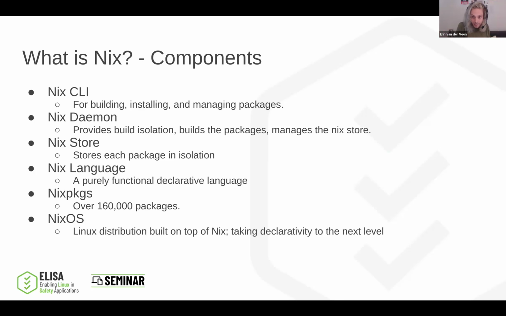The Nix CLI talks to the Nix daemon, which is running on your system under root, and those two communicate with each other. So when you want to build a package in the CLI, it will talk to the Nix daemon. The Nix daemon will actually do the building, and the Nix daemon also manages the Nix store. The Nix store is a database of individual packages. Ultimately everything you do on your system, so entering a dev shell or building a package, will end up somewhere in the Nix store. There are going to be examples later, so no worries.